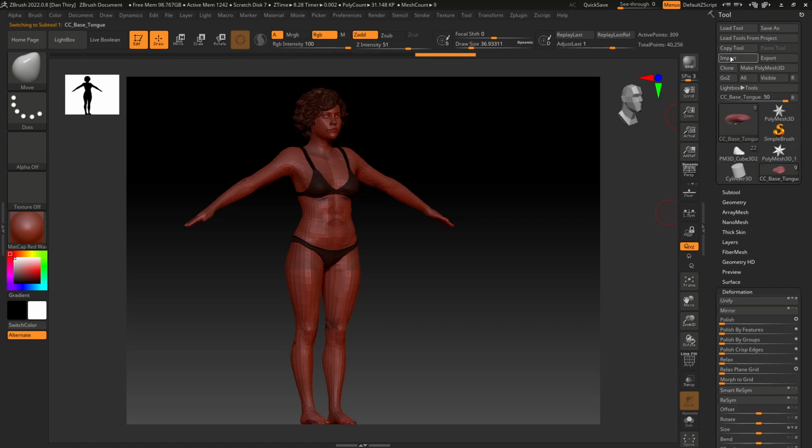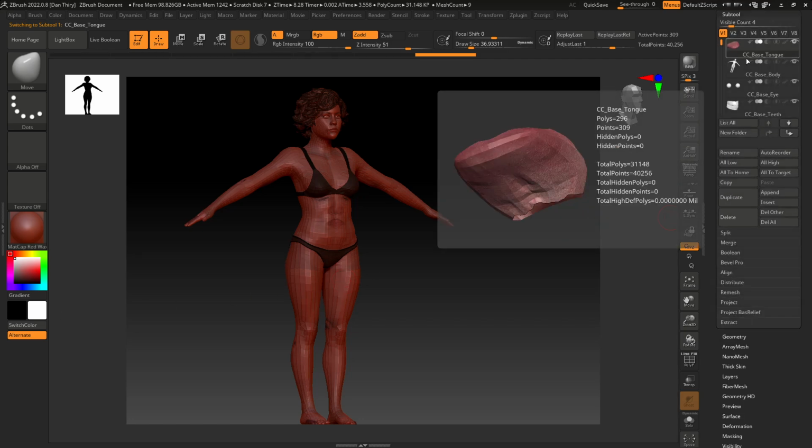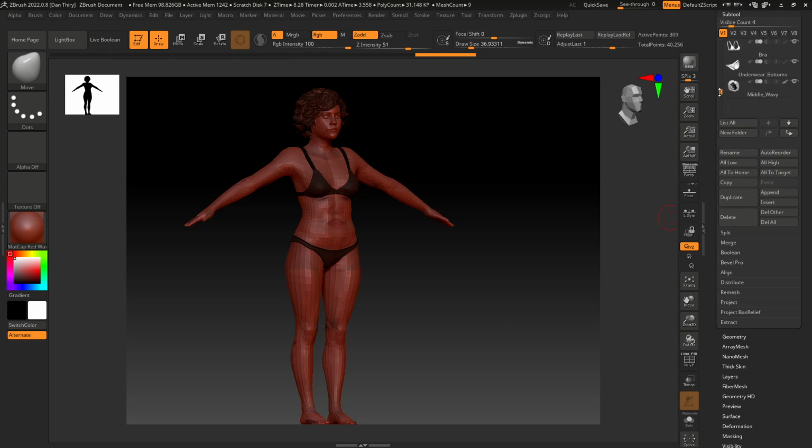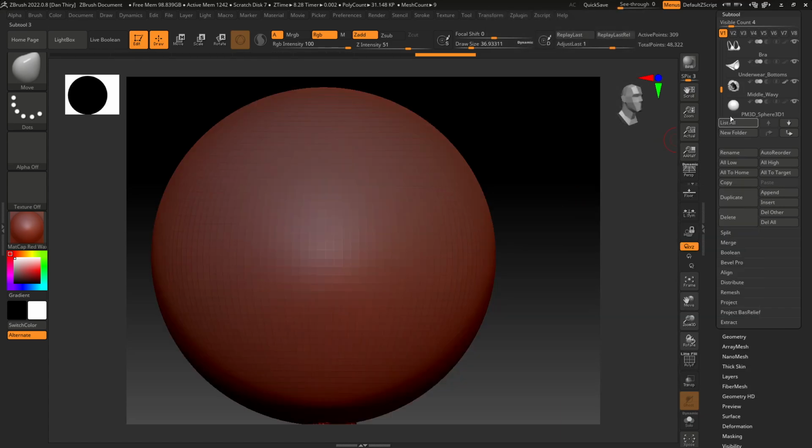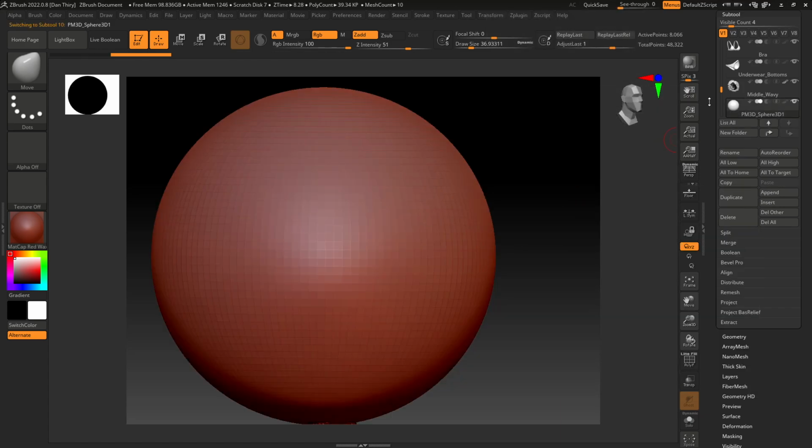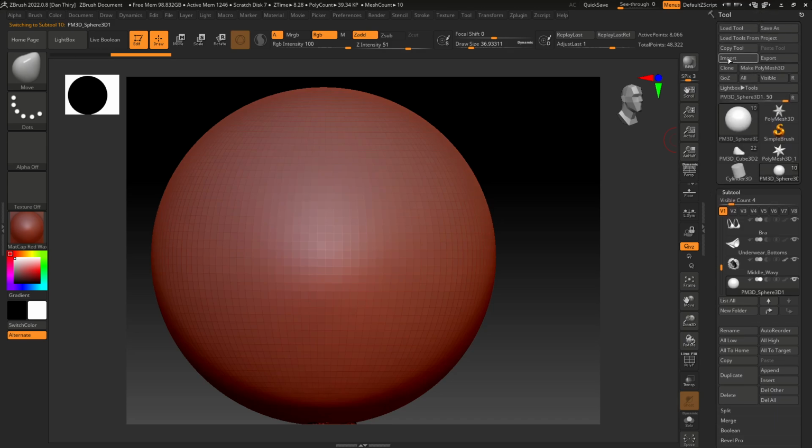And then import. Oop, don't want to do that yet. So if you're using ZBrush, you don't want to import on top of an object. So what I do is grab an object, import,